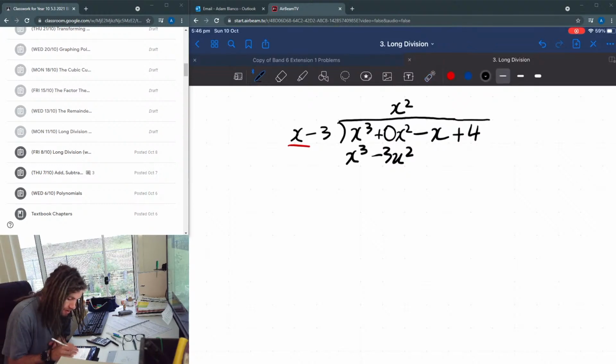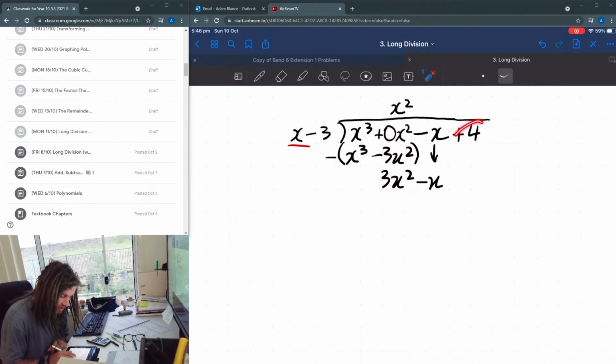Okay, so now I perform my subtraction, so minus, and then I go, all right, that minus that is nothing. 0x squared minus 3x squared, so that's going to be positive 3x squared. And then I bring my next term down, minus x, which if I hadn't done them in order, I would have accidentally brought this down. Okay, next